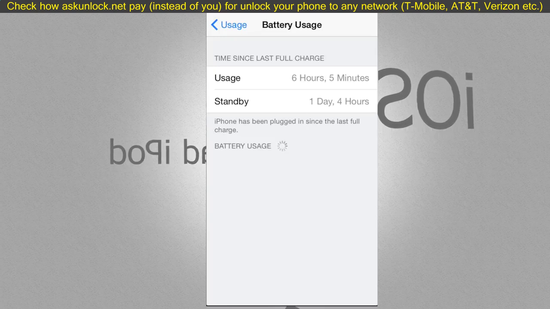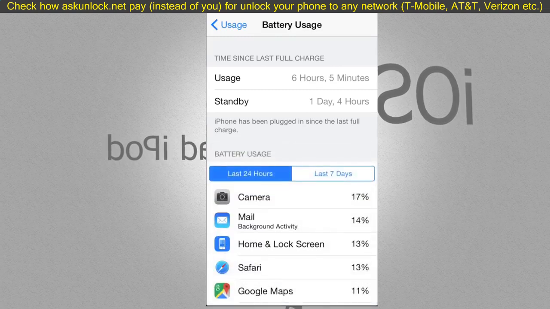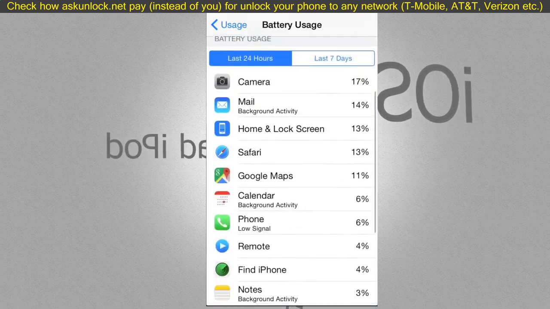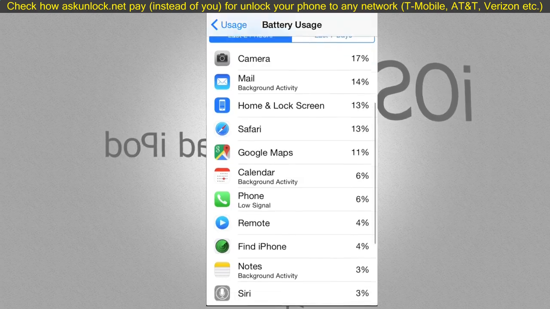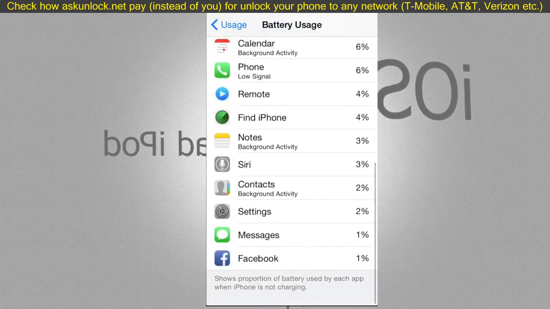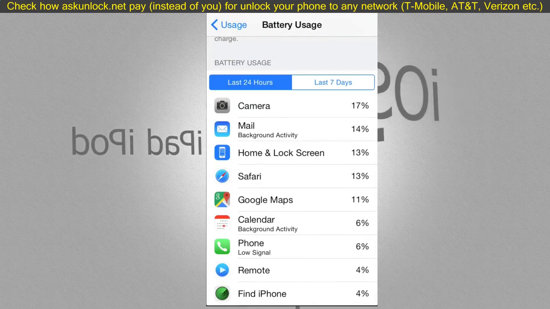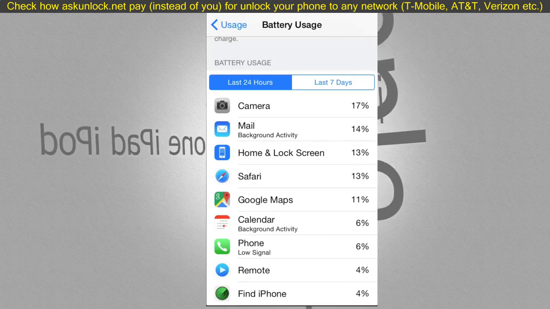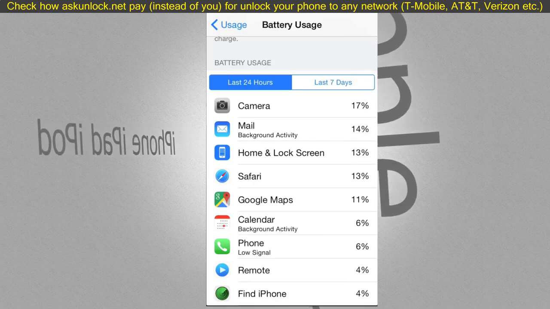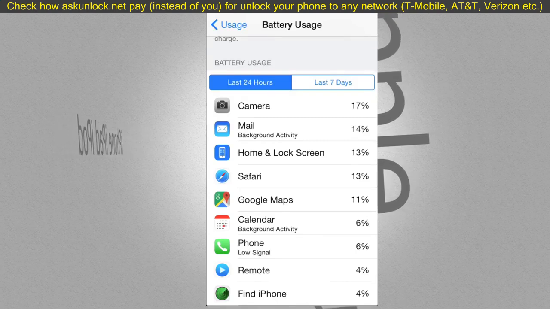Okay, and you're going to see a list of apps just loading up in a second, and it's going to tell you by percentage which one takes up the most. Okay, so right now these are the ones that are taking up the most battery life. Now some, it's okay if they're taking up 13% or 10%, but taking up too much, like Safari, I know it has some issues sometimes, and it takes up way too much, like 30%,